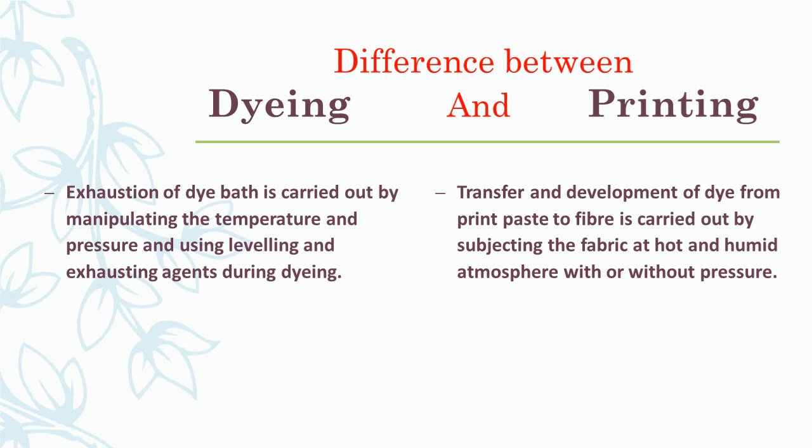Now different types of steam are there, like saturated steam, superheated steam, supersaturated steam. Dependent on the dye we can opt for the type of steam. So the fabric is just exposed to such kinds of steam. It may be done with or without pressure, means atmospheric steaming also we can carry out and pressure steaming also we can carry out. Then we can achieve the color development at the printed portion. So this is how the dye is developed at printed and dyed portions.